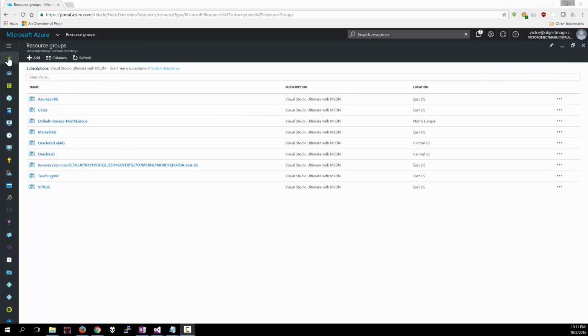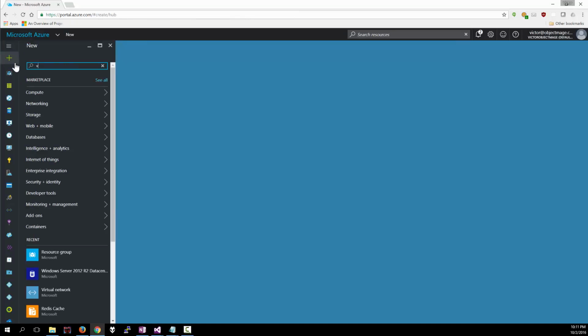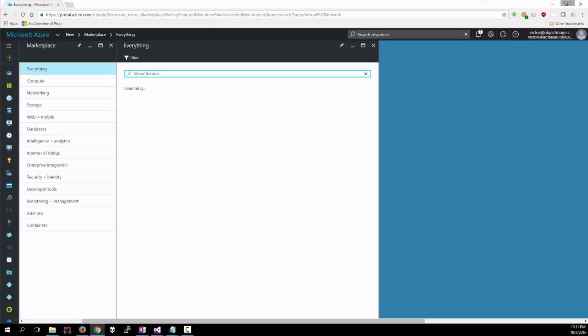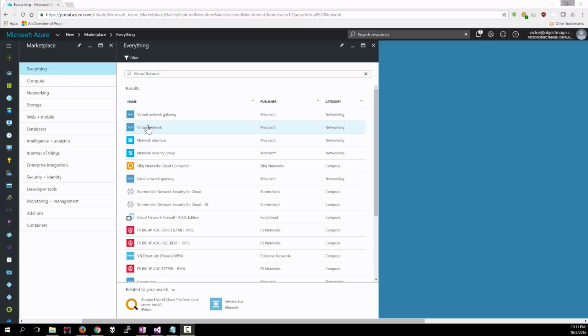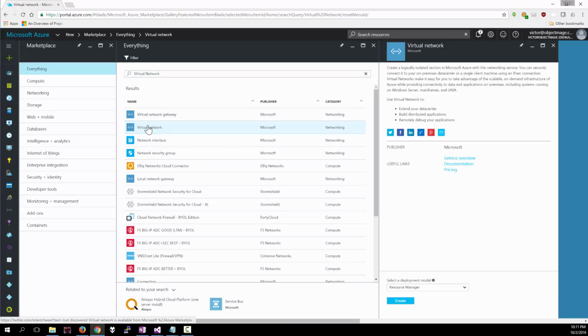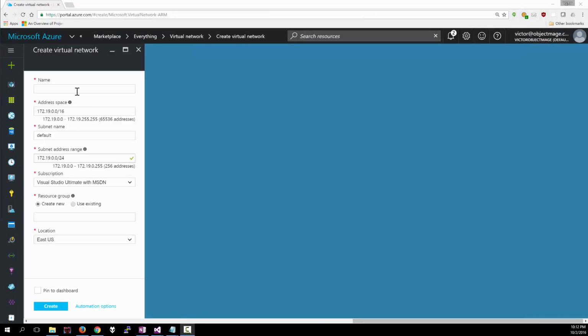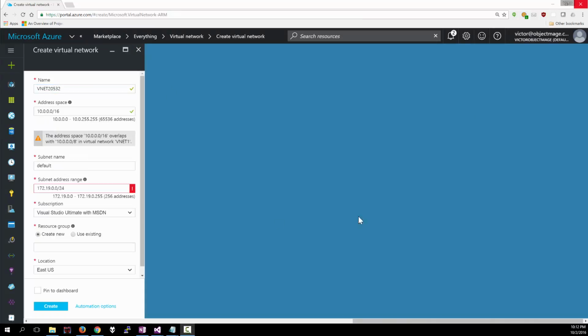Continue to create a new virtual network. Click on New. We'll select the virtual network. Create. The name is going to be VNet 20532. Our subnet address will be